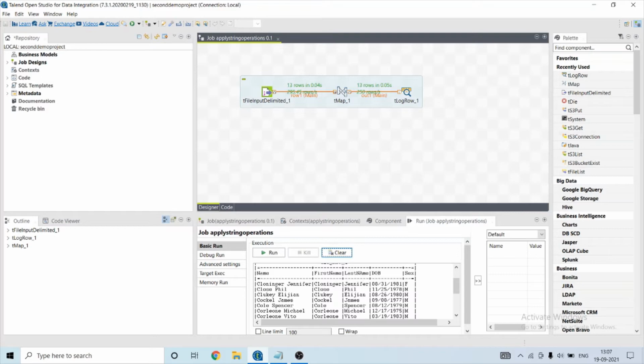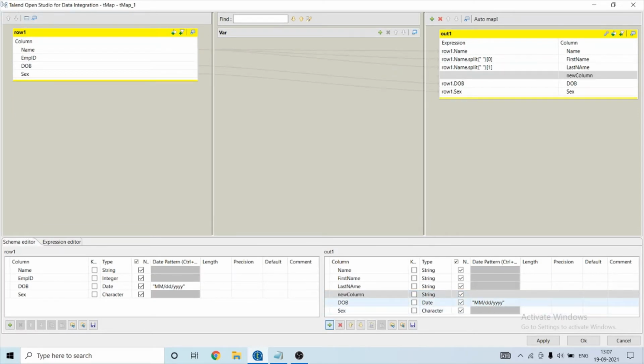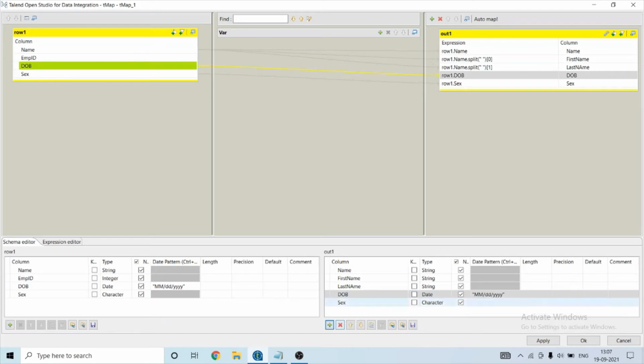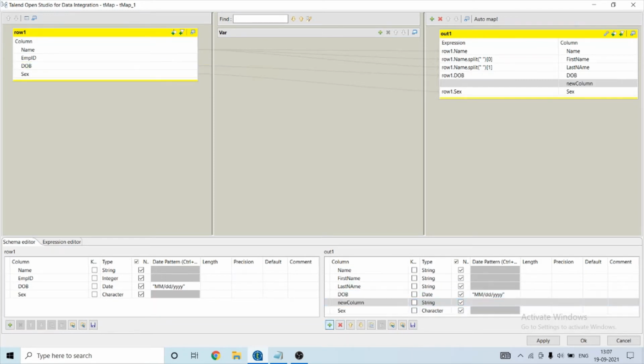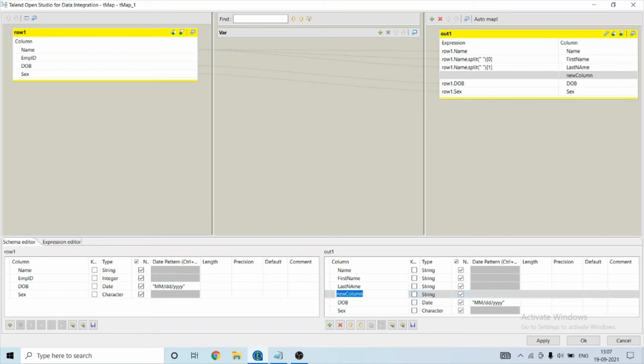Now I'm checking the length of my name. So what I will do, I will add another row after this, length.